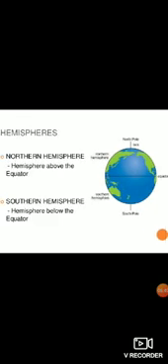Now, what does the word hemisphere mean? Hemisphere means half sphere. It means half a sphere. So, the equator is dividing the earth into two hemispheres. The part of the earth that is directly above the equator, in the north of the equator, is called the northern hemisphere, and the part of the earth which is in the south of the equator is called the southern hemisphere. And what are longitudes?